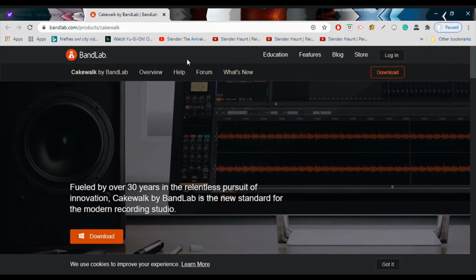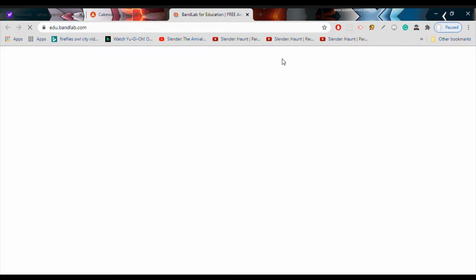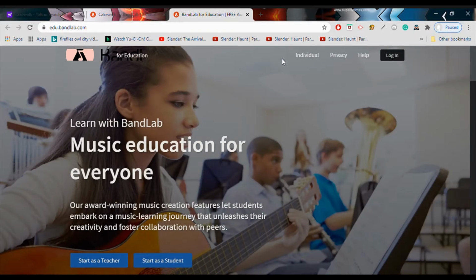Now, Bandlab offers two services, with one of them being Cakewalk and the other being Bandlab for Education. Bandlab for Education, you can easily reach that site by clicking here, the Education button. Now, as you wait for it, Bandlab for Education is a great way for teachers to teach students who are majoring in music,